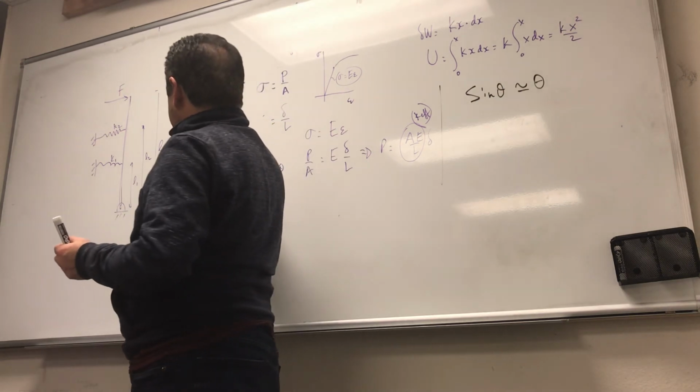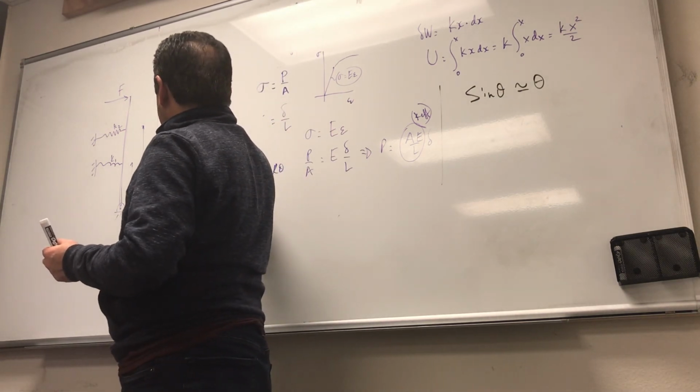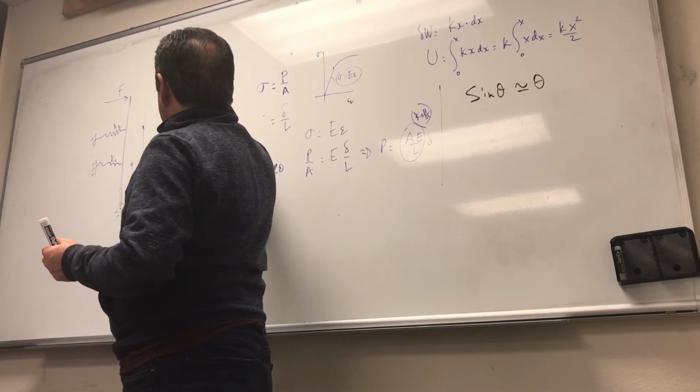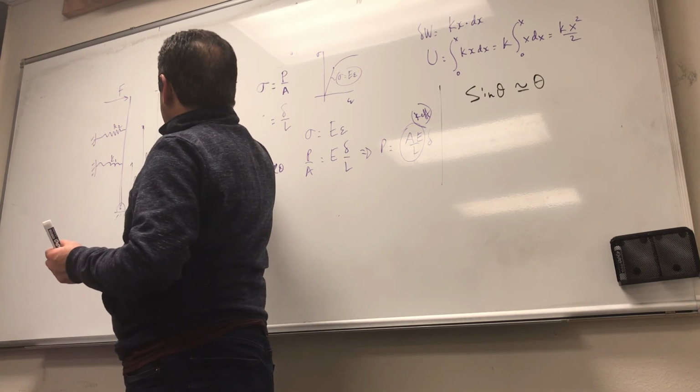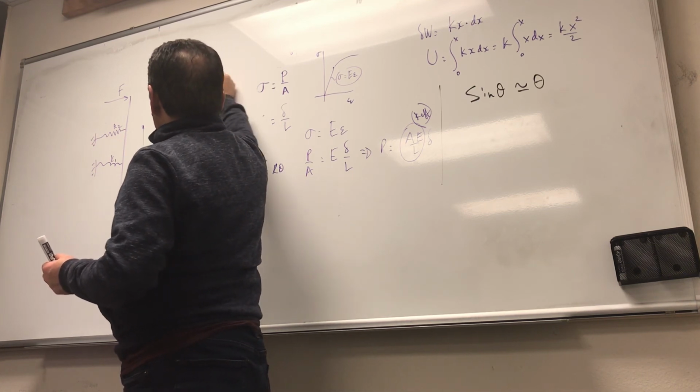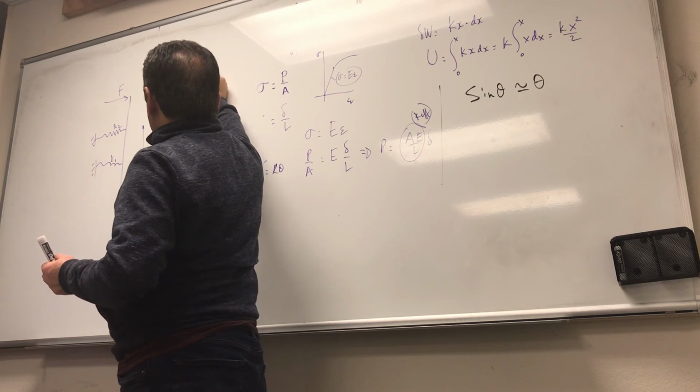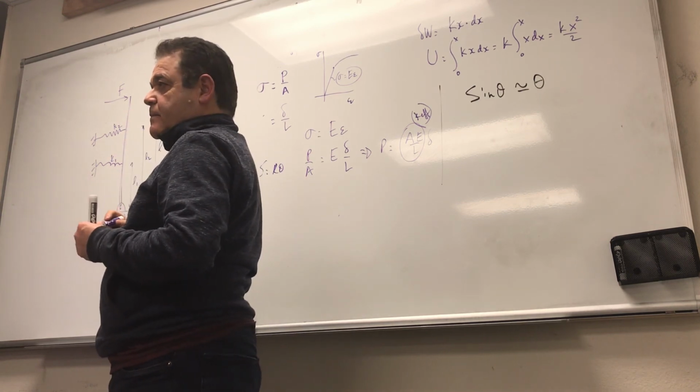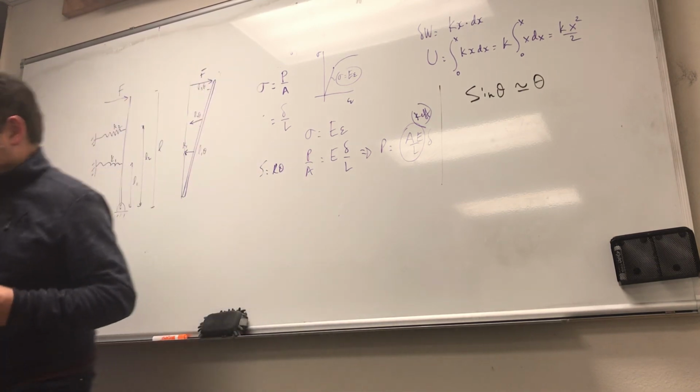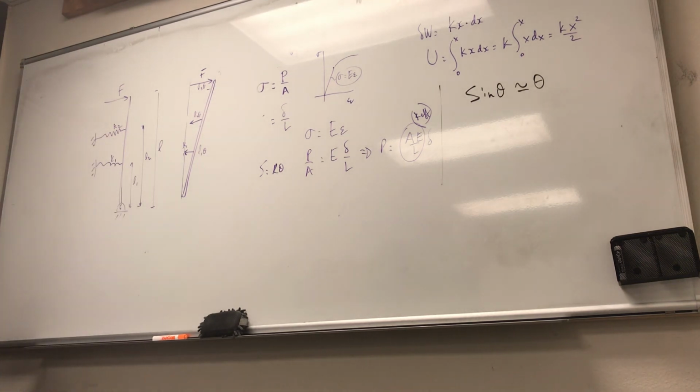So this distance would be L1 times theta. This one will be L2 times theta, and this distance in here will be approximately L3 times theta. Okay? So going with that thinking,